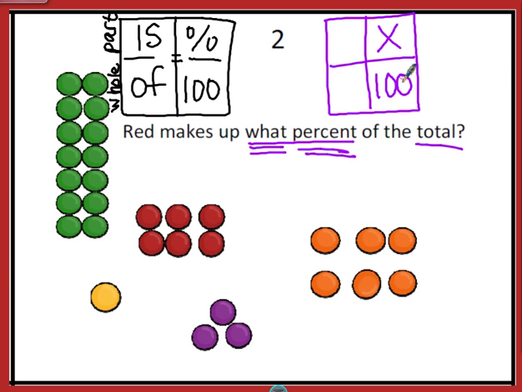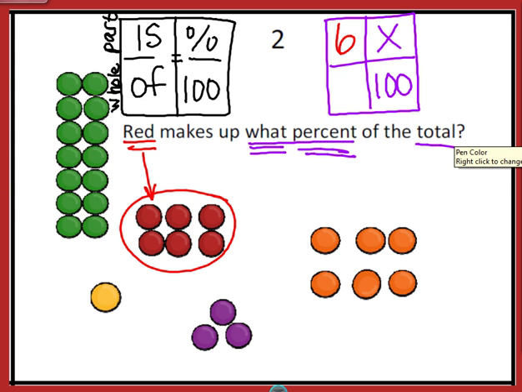Now we need to figure out what else they're asking for. It says red makes up what percent of the total. So red, that's going to be the part. There are 6 reds. If I count how many are right here, there are 6 reds, so that's our part right here. 6 reds out of the whole, and if I count all of these,